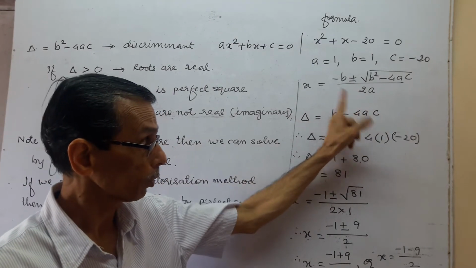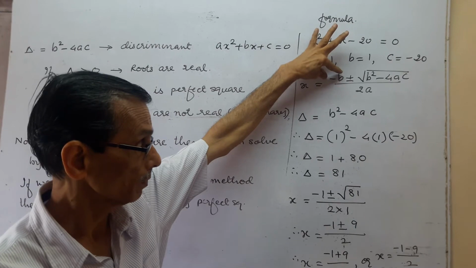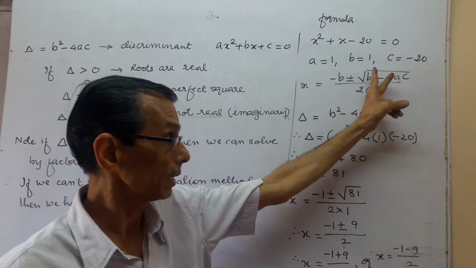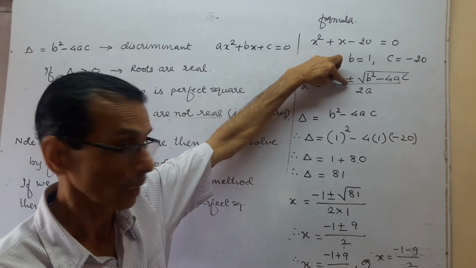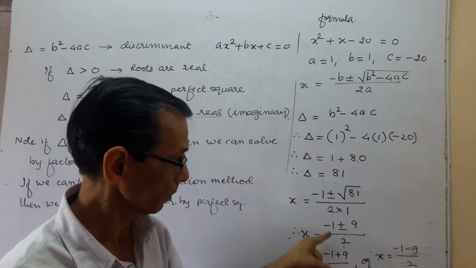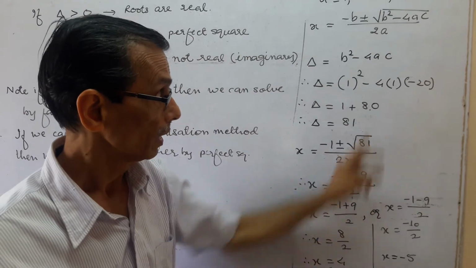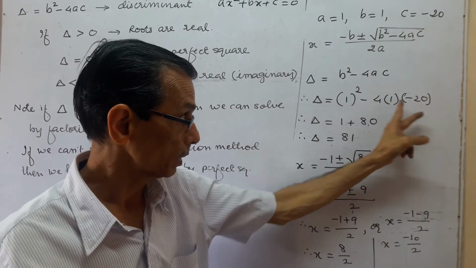But if you look at the formula, in the numerator there are two terms. Minus b is the first term, and the second term, which you call the determinant but we denote by delta, has two signs, plus or minus. And that's why this will give us two numbers. Because of plus or minus, we get two terms, or two roots. And therefore we call this delta. Now we find its value separately.